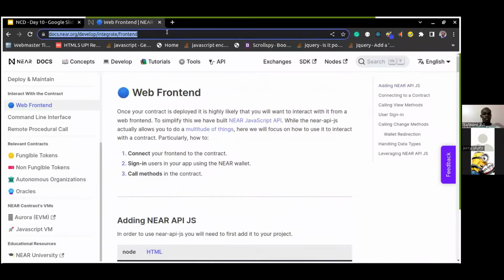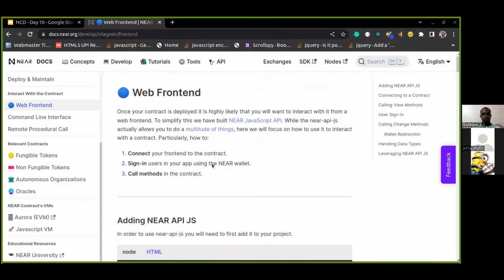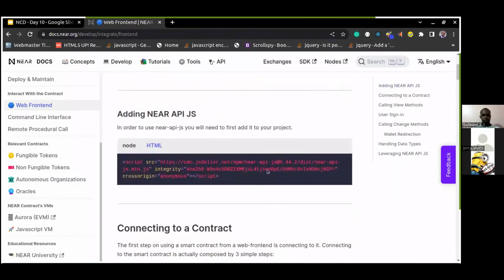Now, let me share this link in the chat. Maybe this is going to give us more information. You can find your own time, guys, and read through that. It's very helpful. Now, right here, we're told that we need to add the near-api-js library to our code or to our web frontend project. Now, if you're using this in a Node environment,